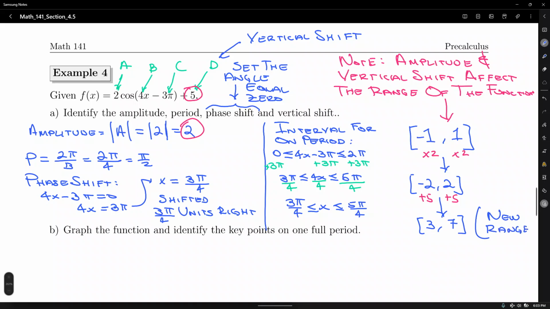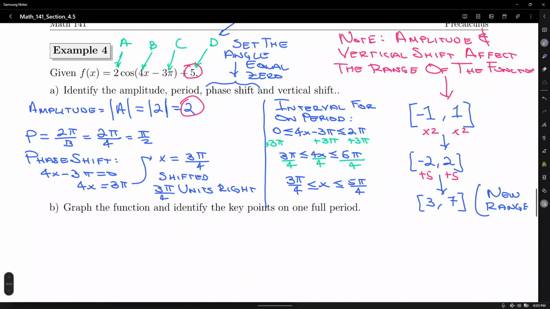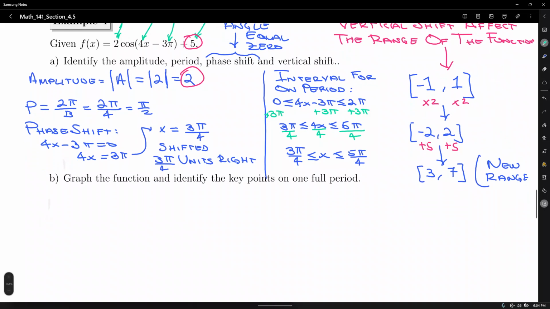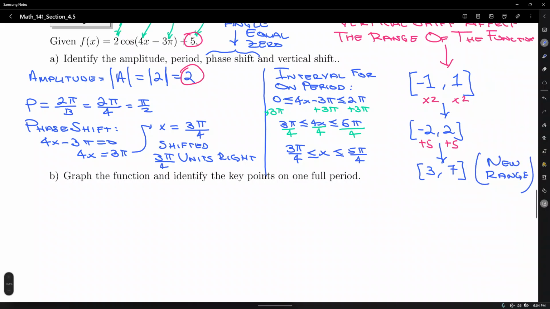All right. Okay, so what about the operations here? Okay, so here we go. So I'm going to start with a fresh set of values from the cosine function. Let me start by writing the key points, the fresh key points. All right. So number one. The point 0, 1, the point pi over 2, comma 0, the point